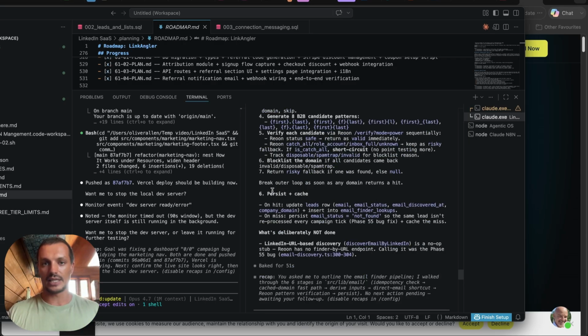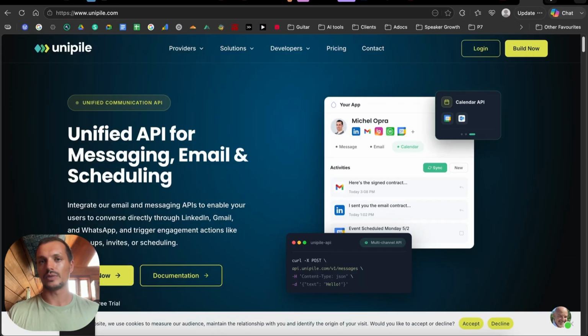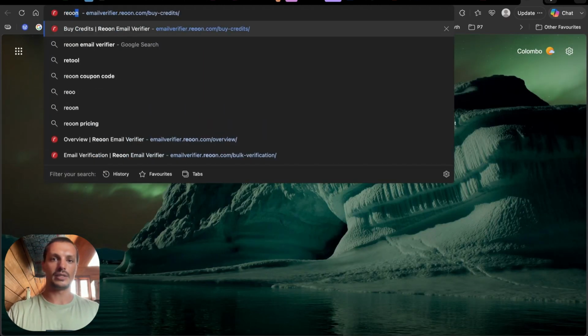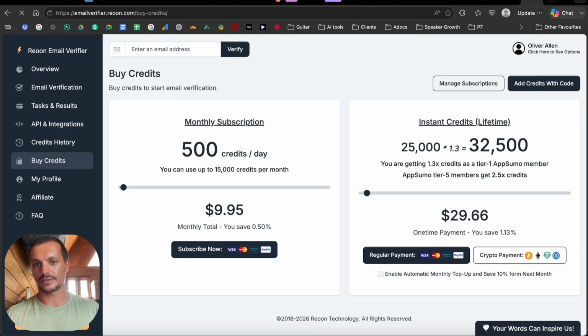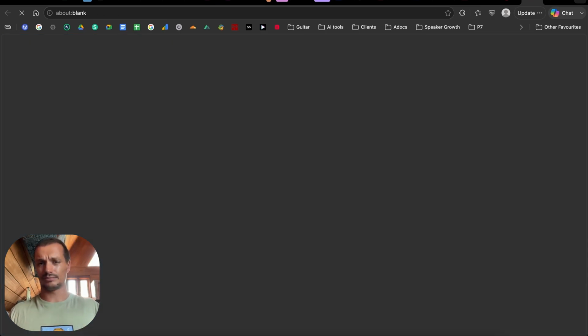And Reoon is the tool I'm using to verify emails. The reason for that is Reoon is very cost effective. You can pay $9 a month and you'll get 500 credits per day. Or you can actually just do AppSumo. By the way, I'm not sponsored by these guys. It's a pretty